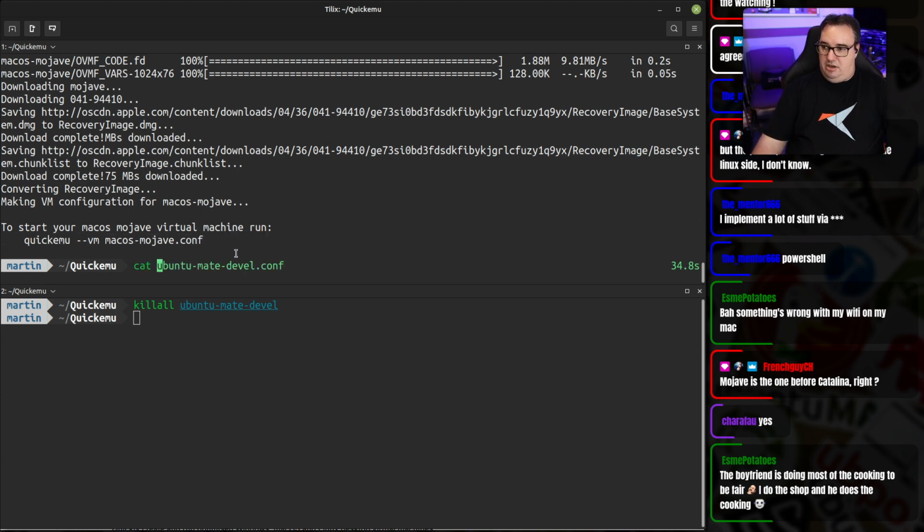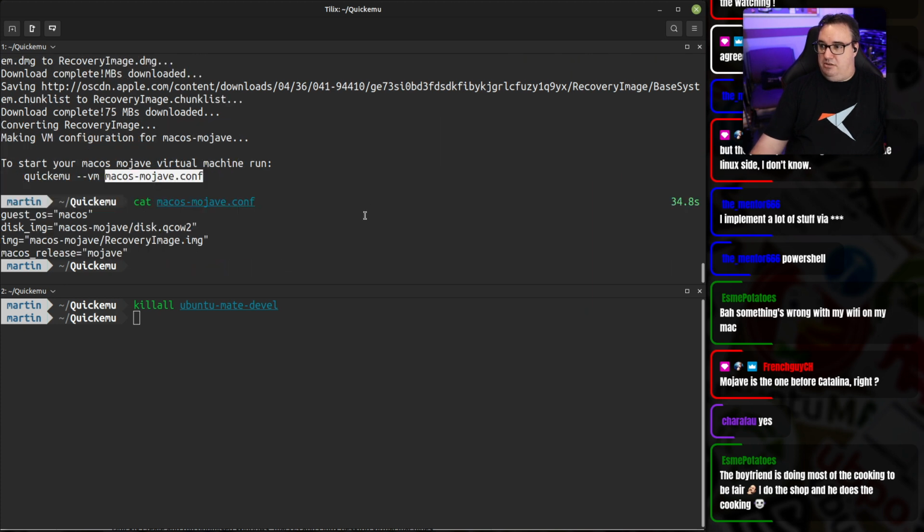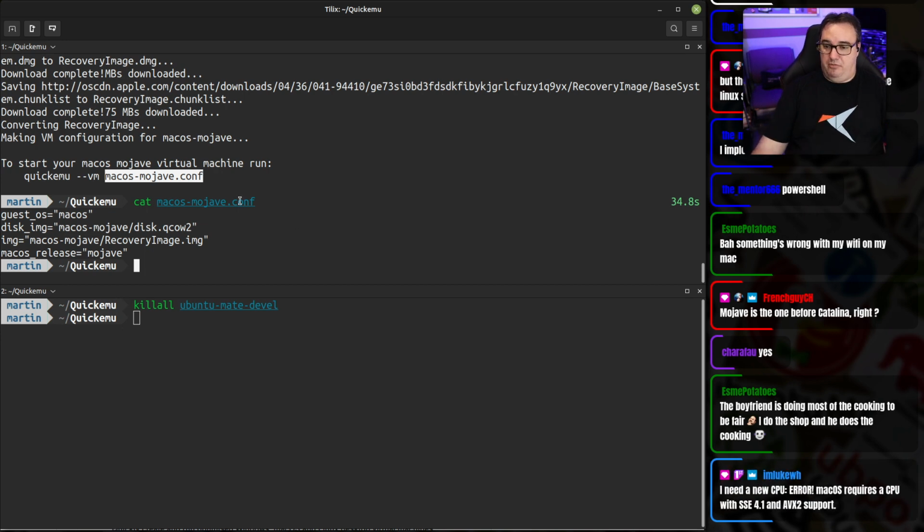So if we just take a look at that VM configuration, that's the extent of the config for macOS. You tell it the guest is macOS. That instructs Quickemu how to optimize for macOS, where the hard disk is, where the recovery image is, and then the different releases of macOS have different hooks that you can use, like the VirtIO subsystem, in order to optimize the performance. So that macOS release then instructs Quickemu what it can turn on in order to optimize the performance as much as possible. So if I run this command here,